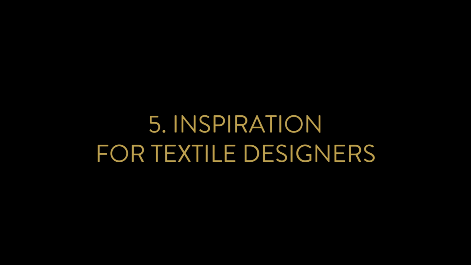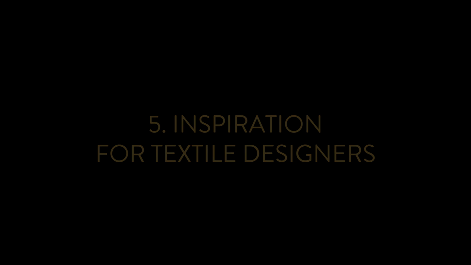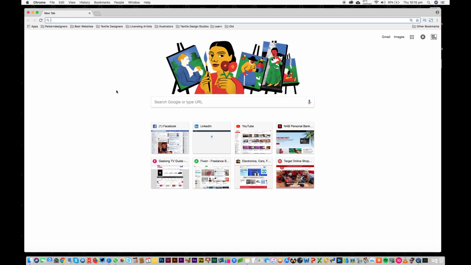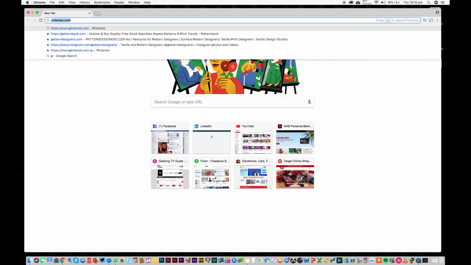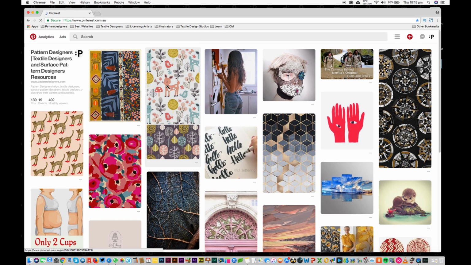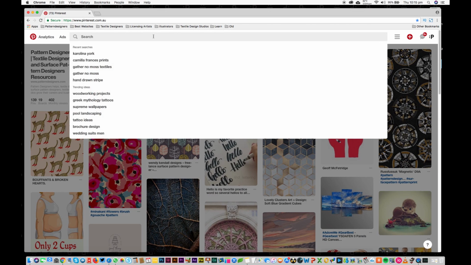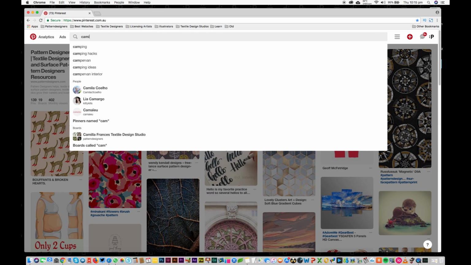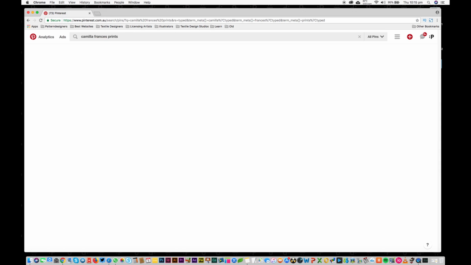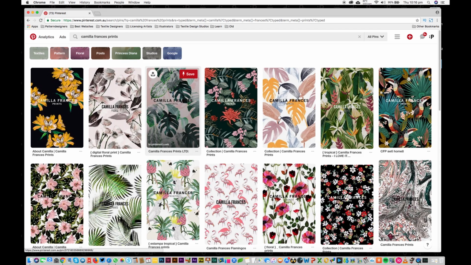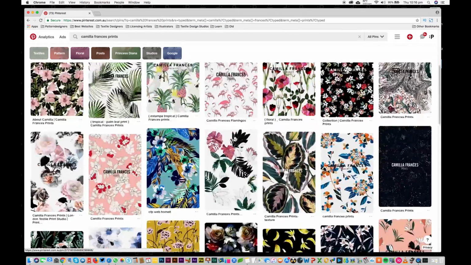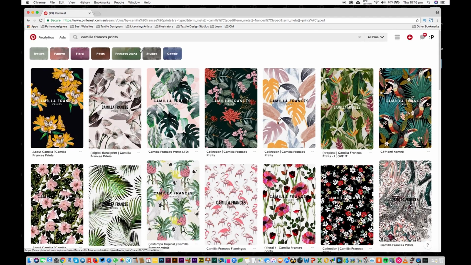5. Inspiration for textile designers. For inspiration, I've chosen Pinterest.com. Basically because you can either search for designers that you like, and get views of their prints, their collections of work, or you can search for individual things.